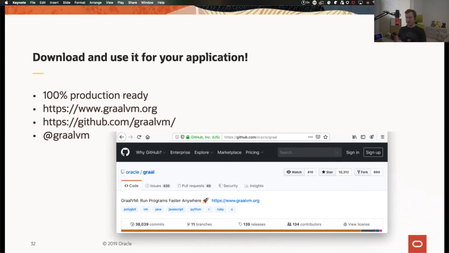There are a number of sessions about GraalVM or how to use GraalVM at this conference as well. And I think this is a very ambitious and important project in the Java ecosystem, right? So you should know that it exists, right? So this is my last slide, and now